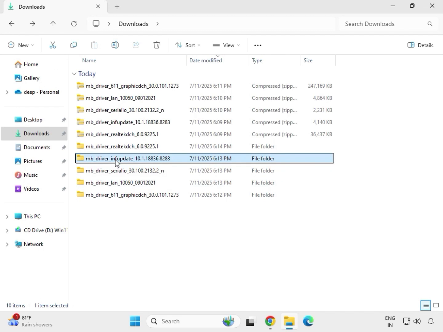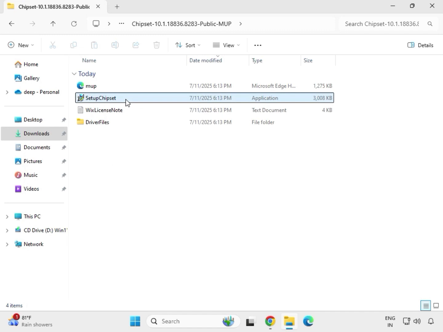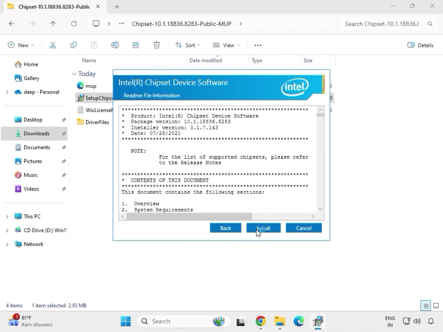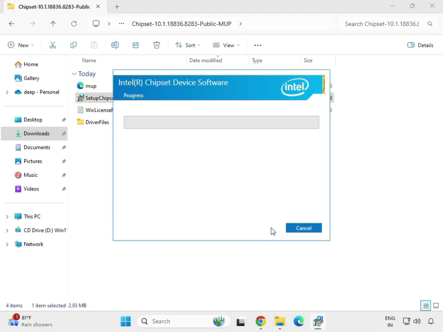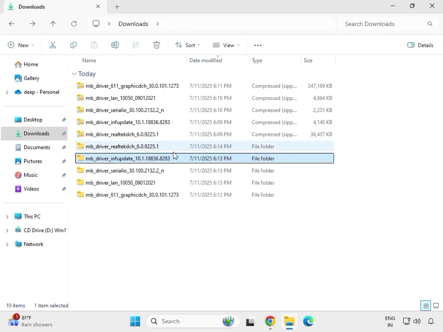this is INF update. So this is also the same for chipset. So just this is the setup chipset, just right click to run as administrator, then click on yes. Then next, accept, installed, and then okay. Then last one,